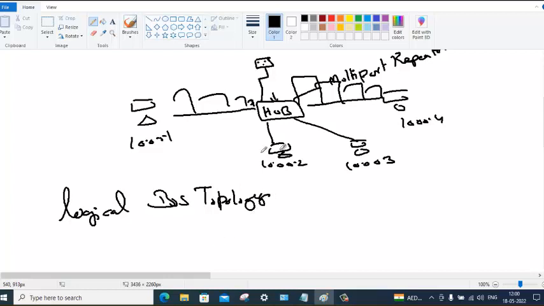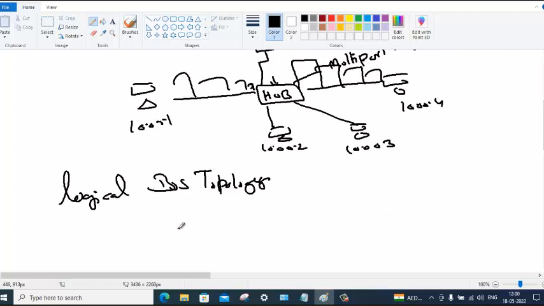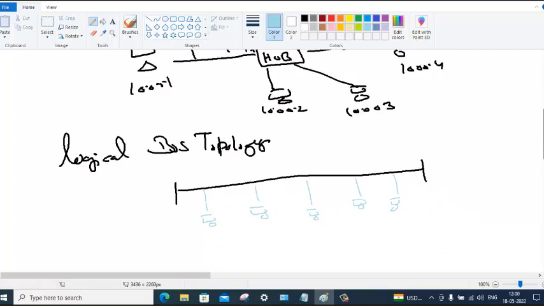What is bus topology? You will have one common backbone to which many devices will be connected. Actually this is 10.0.0.